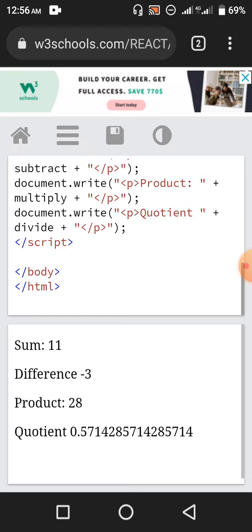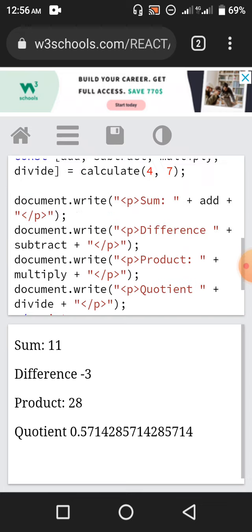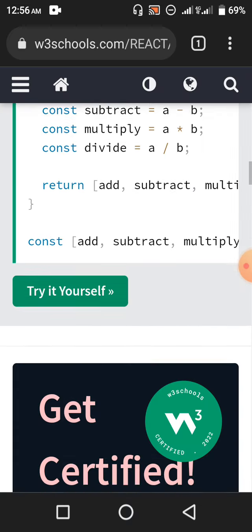In the output we have sum colon space 11. It's in a paragraph, and then in the next paragraph difference minus 3, and the next one product 28, in the next one quotient 0.57 and something else. Okay, so